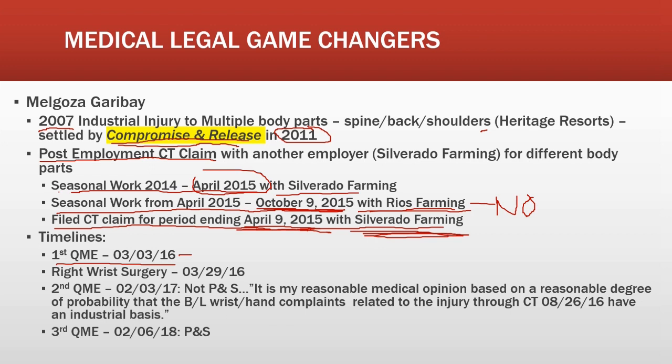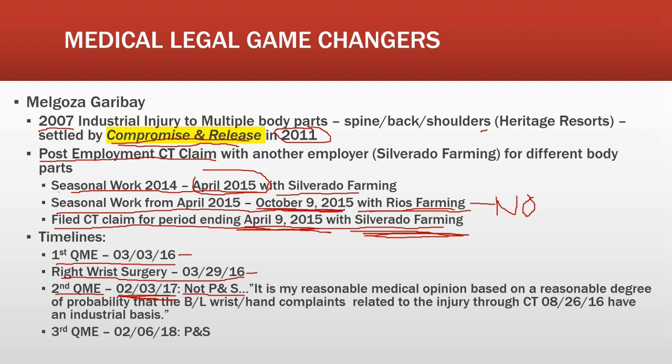Well, shortly after this, Ms. Garibay had right wrist surgery on March 29, 2016, and so of course the examinee would not yet be permanent and stationary for quite a while, perhaps as long as 12 months, according to some sections in the AMA guide, specifically in the sections regarding carpal tunnel surgery. So interestingly, the qualified medical evaluator then evaluated her approximately 10 months later, not quite a year later, on February 3rd, 2017, and paradoxically, the qualified medical evaluator declared that she was not yet P&S,